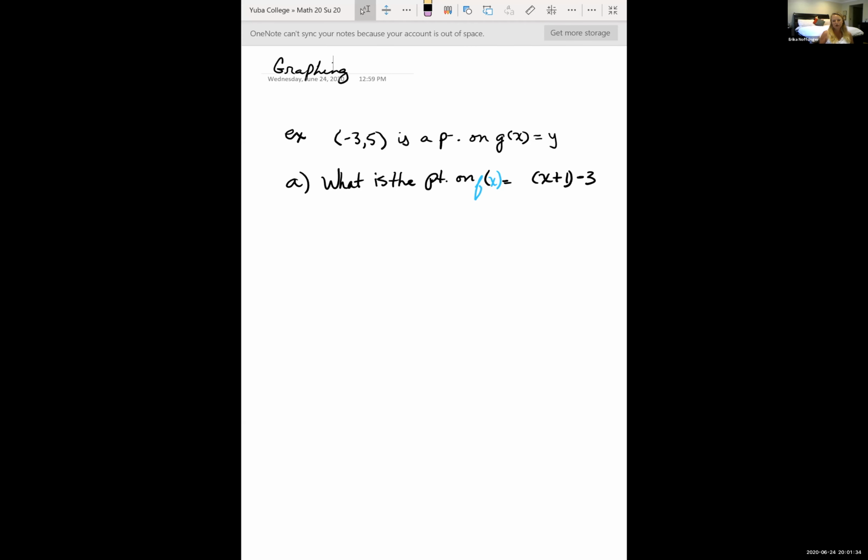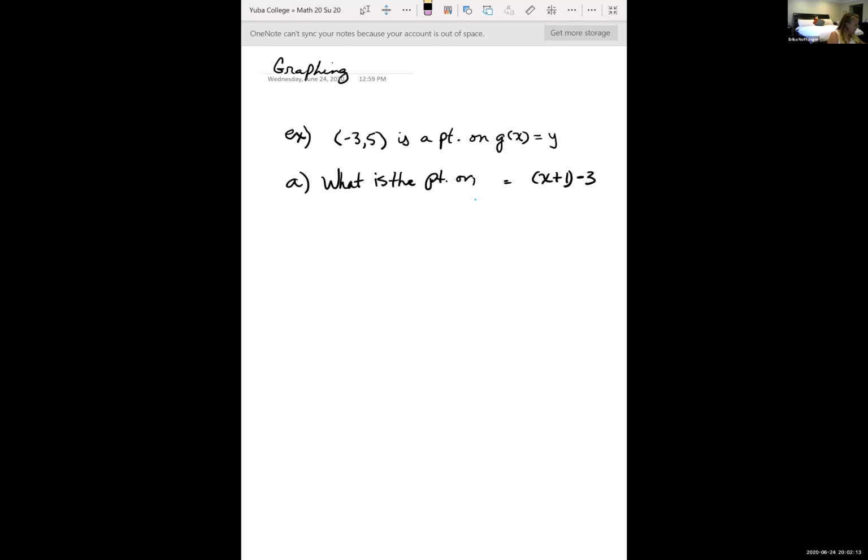Okay, so we've been looking at transformations of functions and looking at parent functions, what we were calling them. You had a library of functions that you should know the general shape of, and then doing transformations on those functions. And so yesterday we kind of stopped at this example where if you had this point, -3, 5 is on our function g of x. So this must be g of x right here. Then what is the point on,